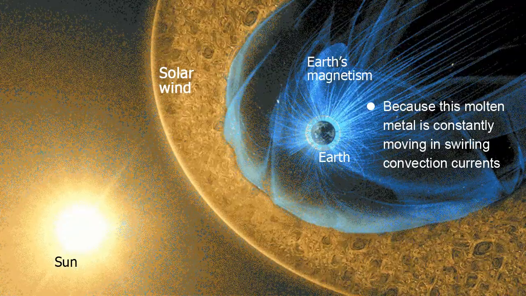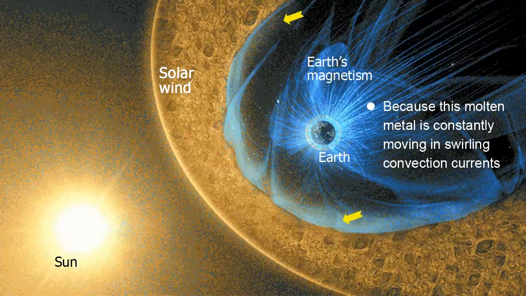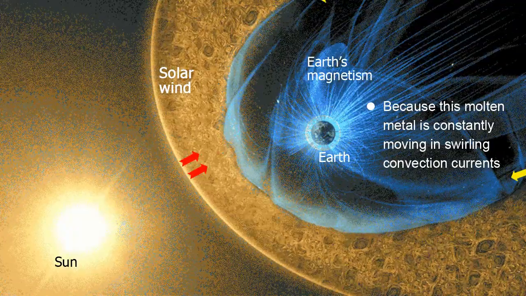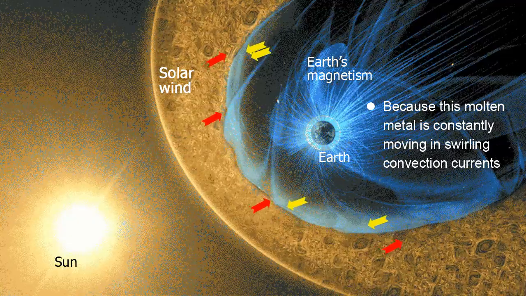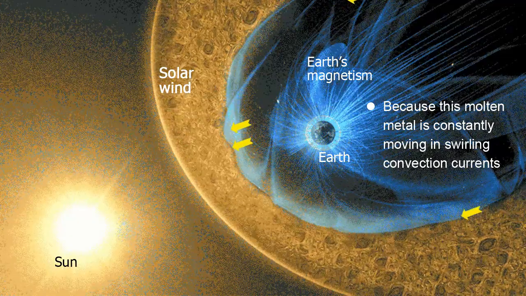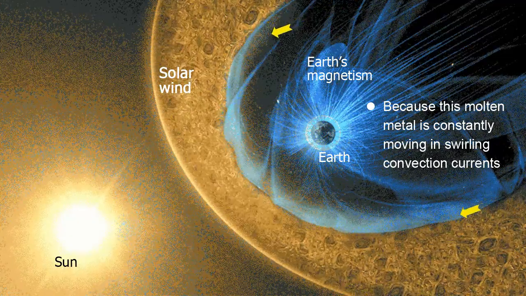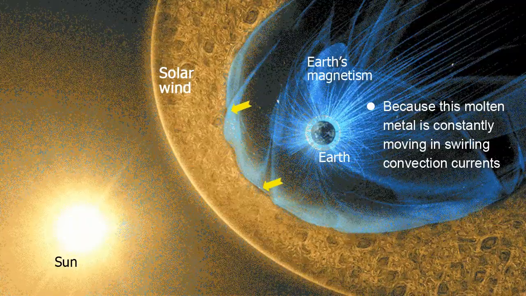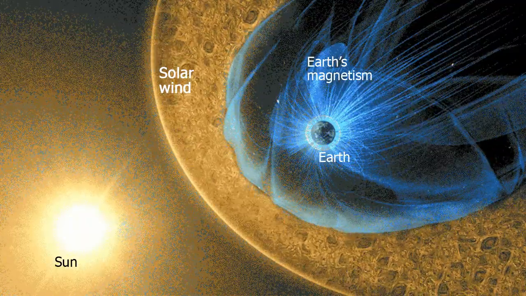This magnetic field has a very important job. It protects us by deflecting dangerous charged particles coming from the sun. These particles are called solar wind. Without this magnetic protection, the solar wind could slowly strip away our atmosphere and make it impossible for life to